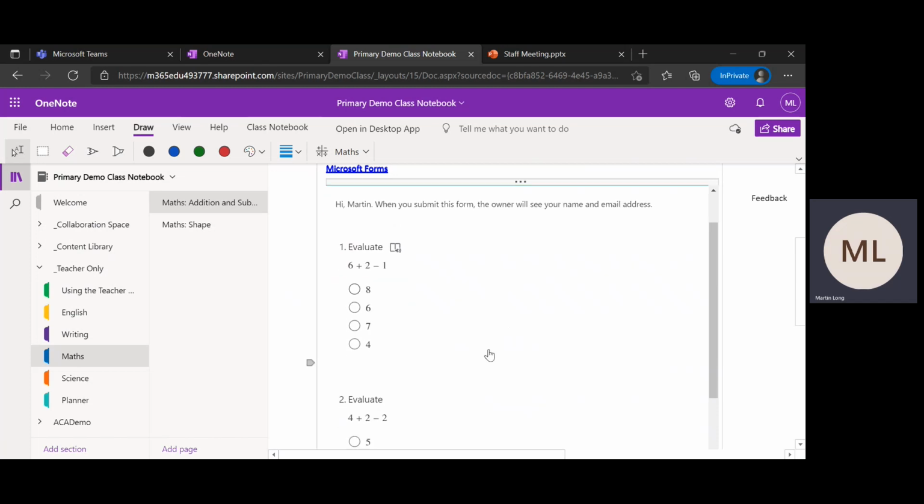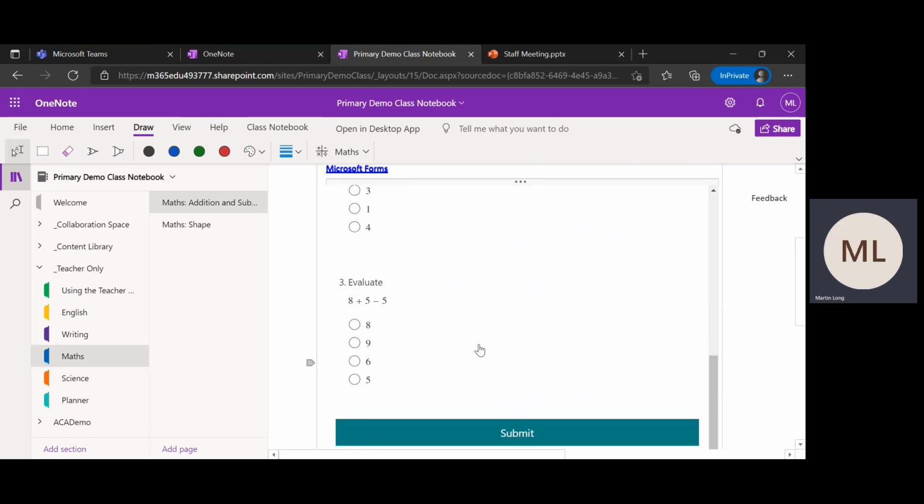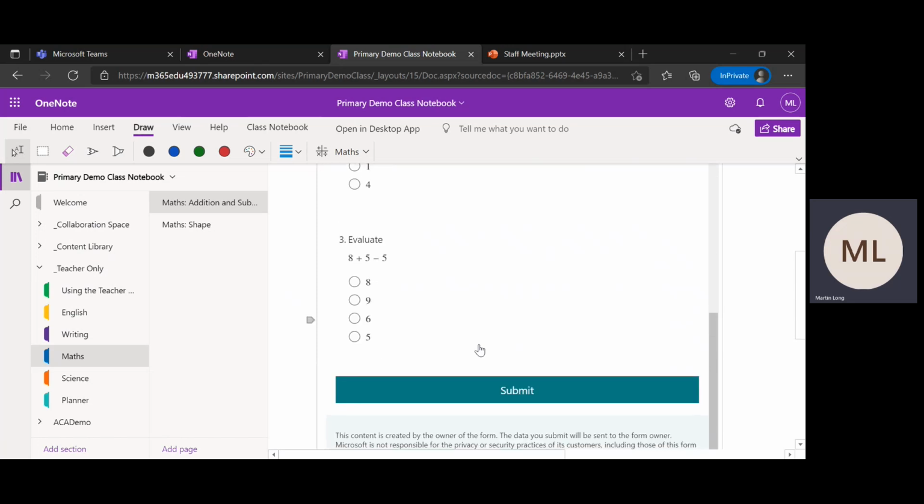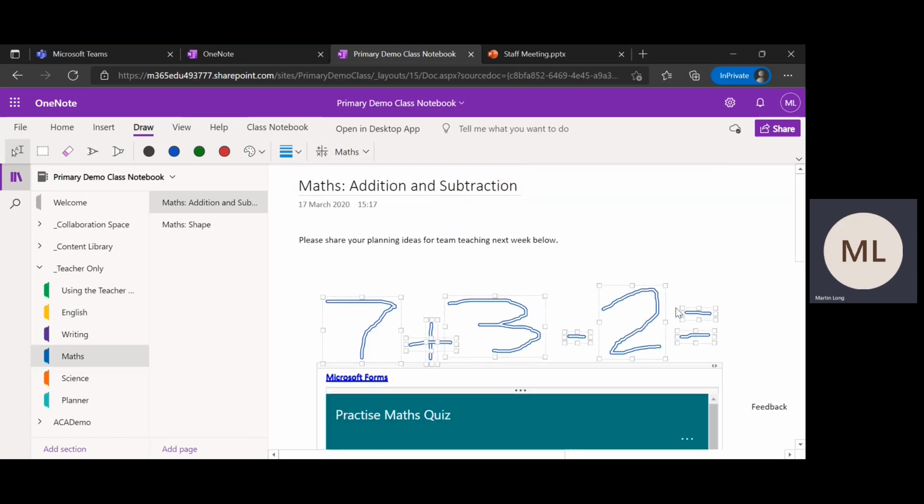But for you as a teacher, again, workloads are cut down because it's taken the calculations as an example, and then you can choose as many answers as you want, and it will create them, and then they can submit from the way they've answered them there. And if they don't know the answer, what you could do if it's in something like OneNote Class Notebook, you could say, if you've struggled with these calculations and you've got more than half wrong,